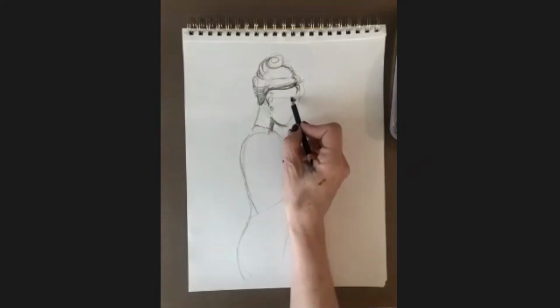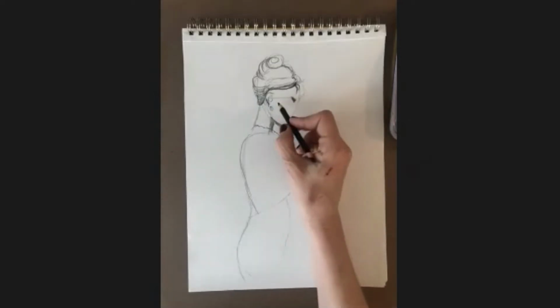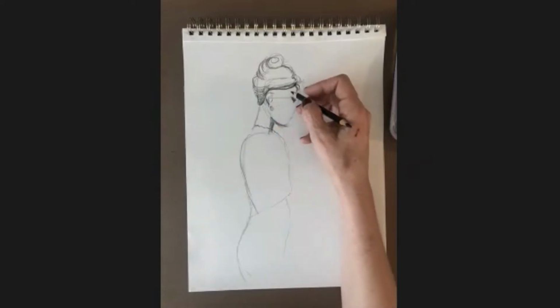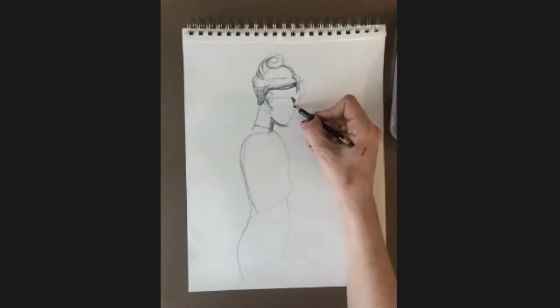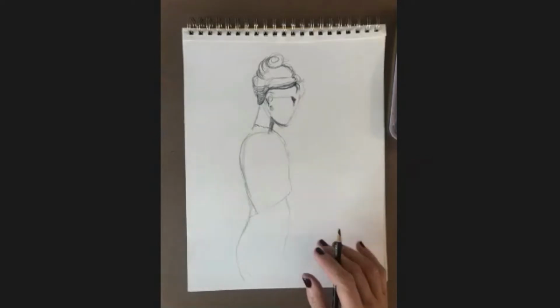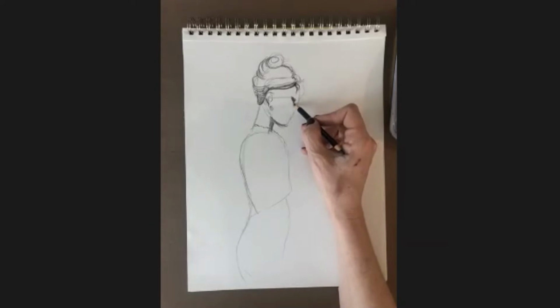Okay, so again, measuring where it is and also measuring the distance is going to help make everything in proportion. Make it a little bit bigger. Okay, and there's a slight shadow that trails under. Okay. So what I'm going to do next is I am going to see where the nose is, and we